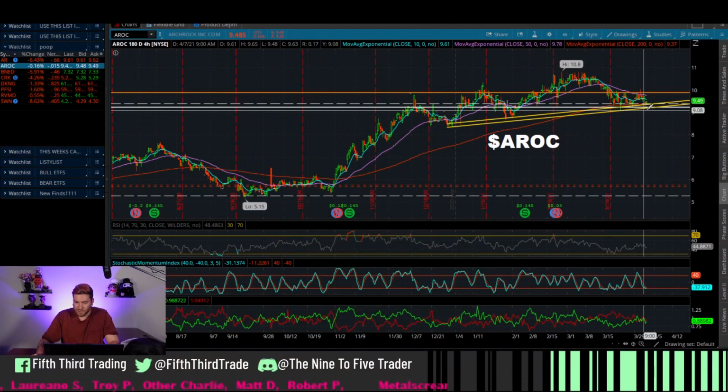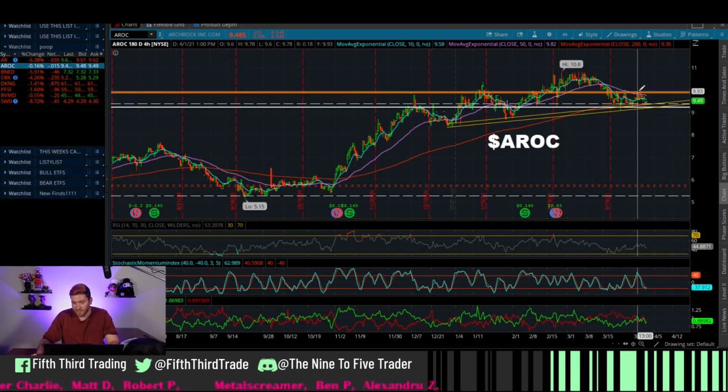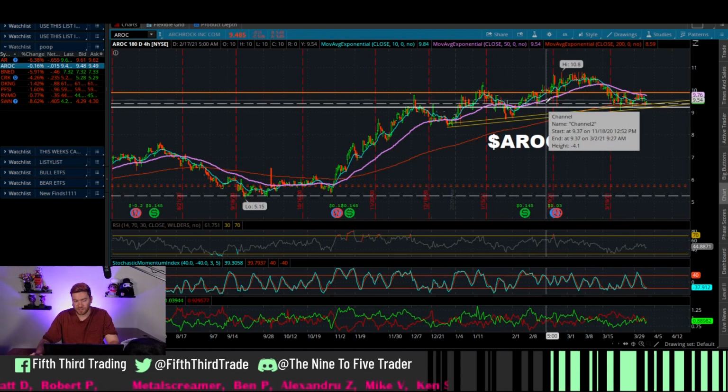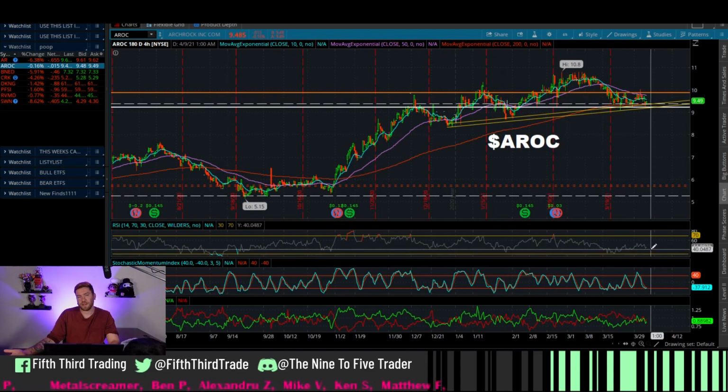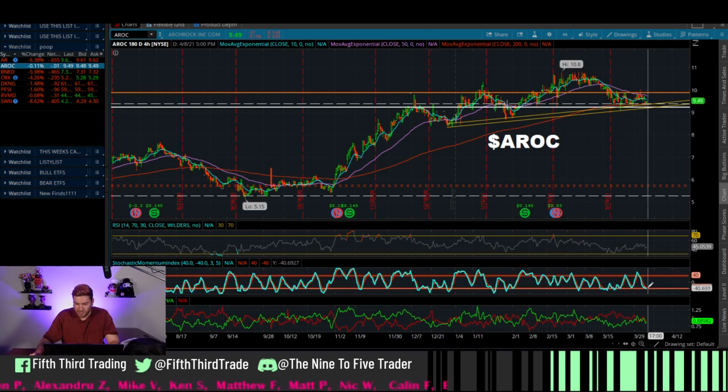I like this a lot. Good setup. I need to see a 50 crossover. Personally, for me on this one, I usually buy value, but given how easy it is to read, I want that 50 cross. RSI is fair. It's fair. It could be lower, but I like it here. Stochastic is low at -40 where we want it, and it's starting to curl. That does curl north,